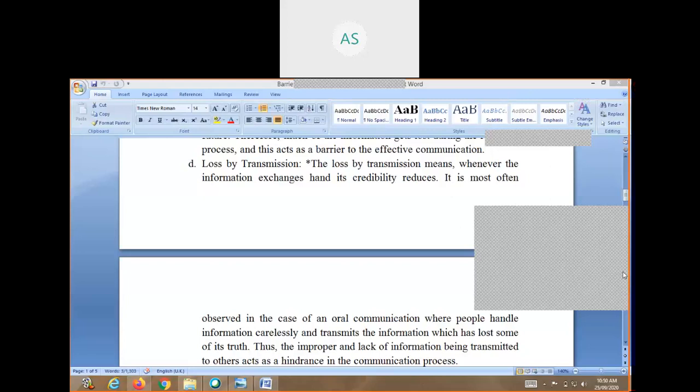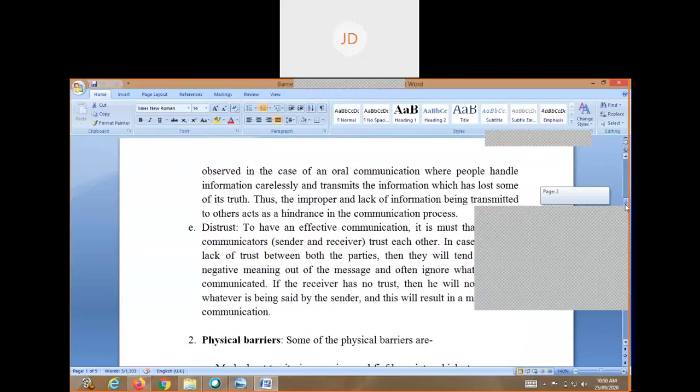Ma'am, the last point, point two, distrust, shall I show you? Yes. Okay. So distrust means when you are not being able to